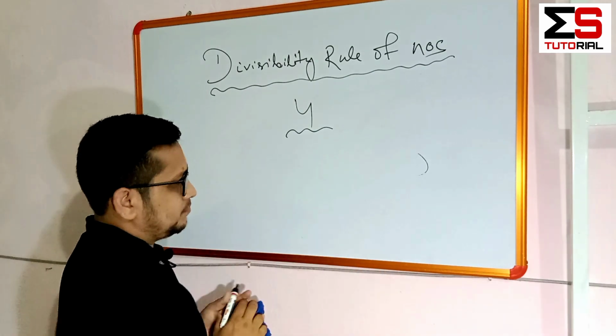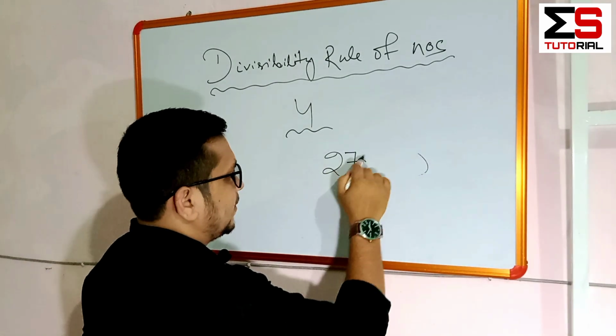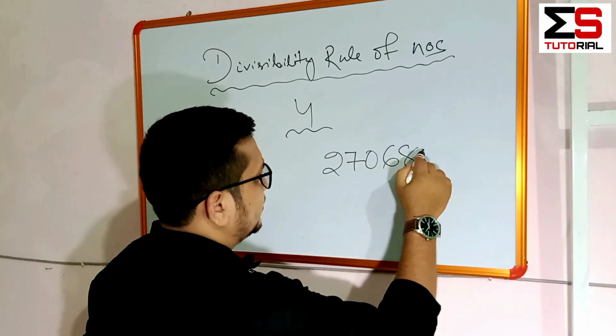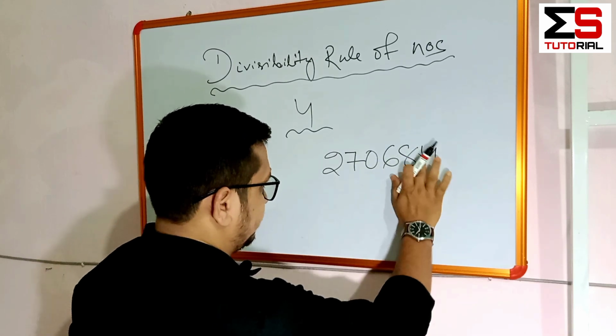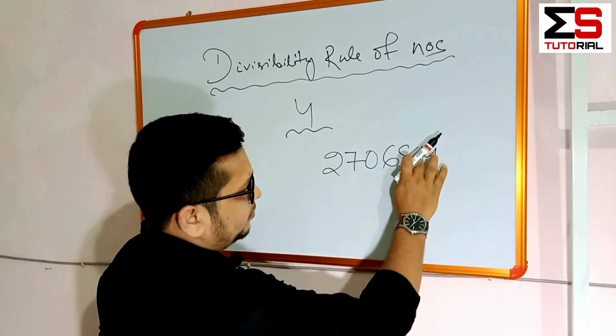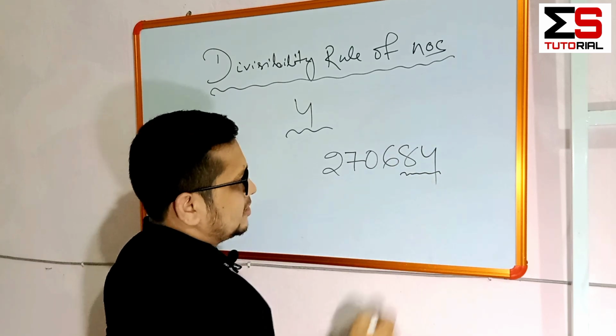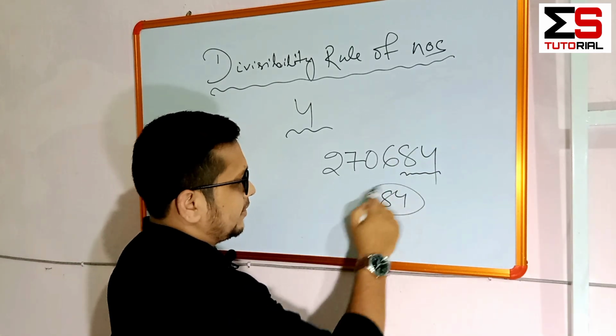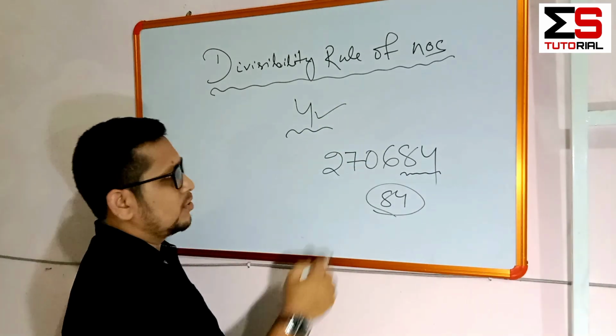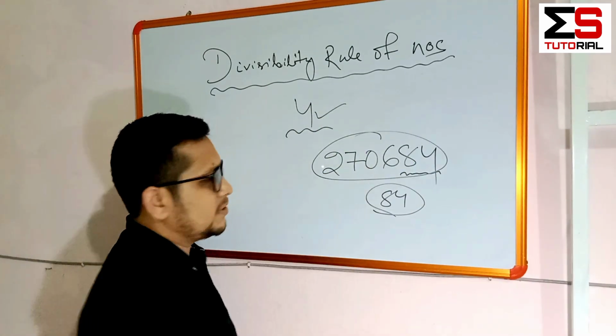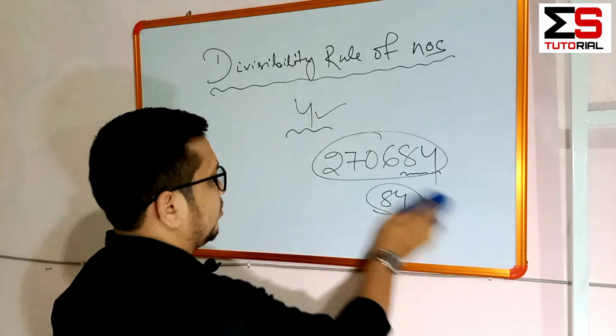Another example, 270684. Here the number formed from the unit and tens place is 84, and 84 is divisible by 4, so this entire number will be divisible by 4. Next,